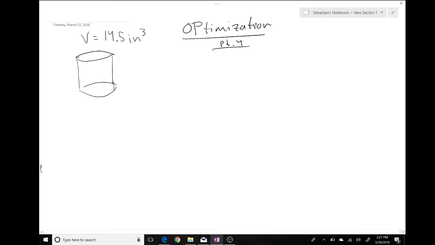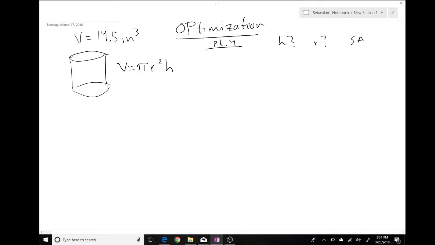So now we have to come up with the formulas that we know that involve volumes, so to get that involving cylinders. The formula for the volume of a cylinder would be pi r squared times height. And the question is asking us what will be the height, what will be the radius, and what will be the total surface area. That will be needed to know what the next equation is, and the next equation will